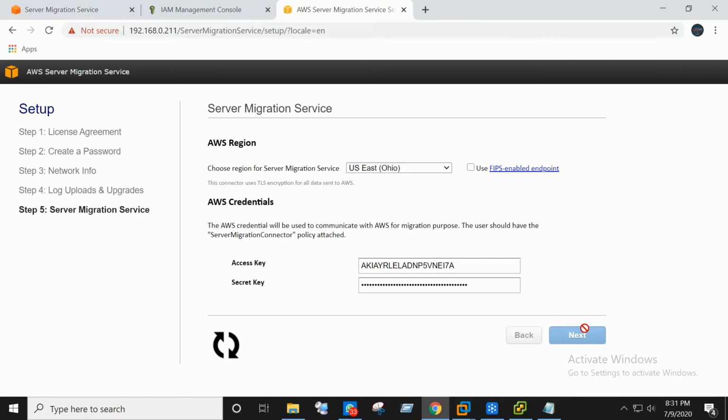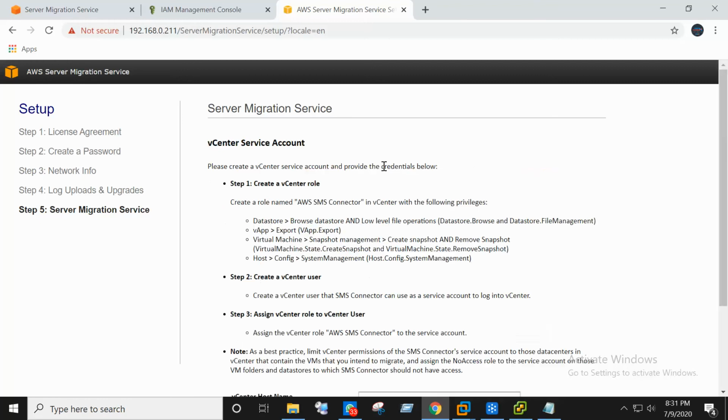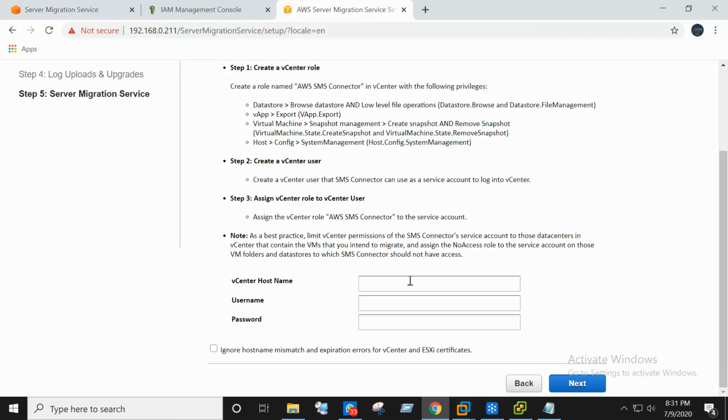Done. Click on next. Sorry, I am selecting the Ohio location, don't worry. Whichever location you want to migrate to, select that AWS region name. Okay, Server Migration Service is fine, perfect.